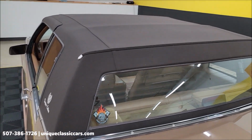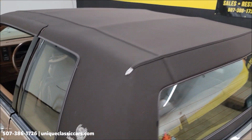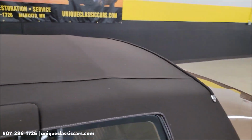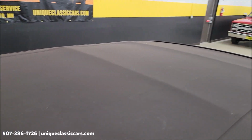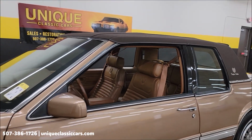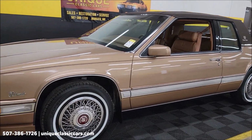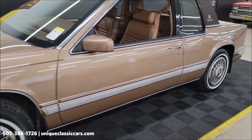So we take a look at the vinyl top. Brown fabric or brown cloth, nice shape. Designer edition. Embroidered in it. See, it's not full of rips, tears, holes, anything like that. Doesn't really show much wear at all. Kind of what you'd expect. Odometer in this car reads 29,777. As we take a look down the driver's side,